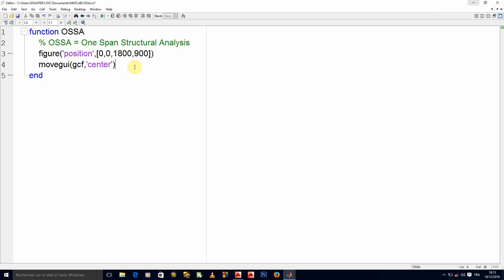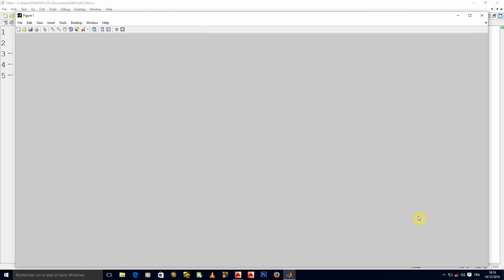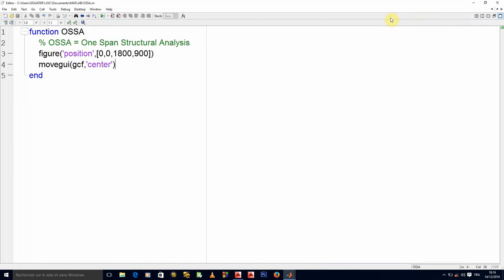Okay, to the current figure. It gives you the handle to the current figure, and when you say move gear, you are actually displacing this particular figure here to the center of its parent, which in this case is the screen. So if we launch here, we will notice that, okay, it is centralized over the whole screen. Okay, it's no longer at the origin. That's why initially I placed 0, 0. Now we have no problem.